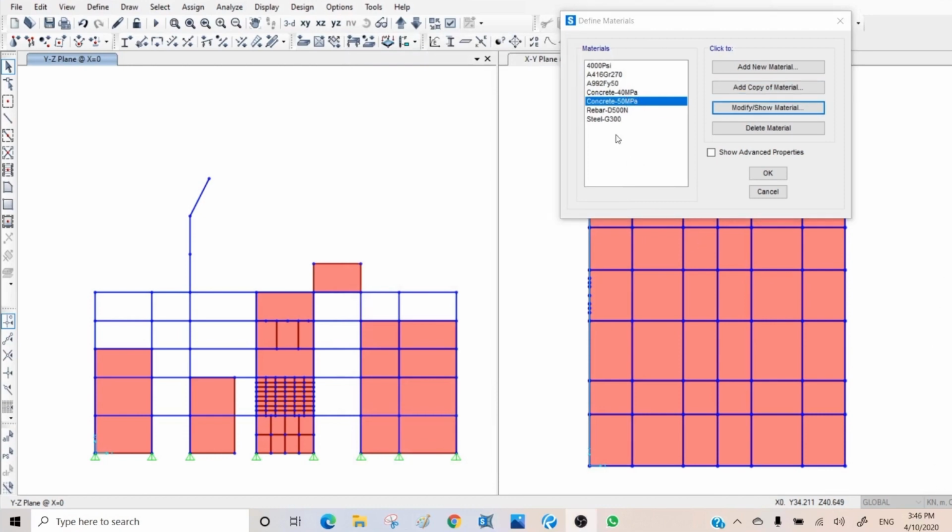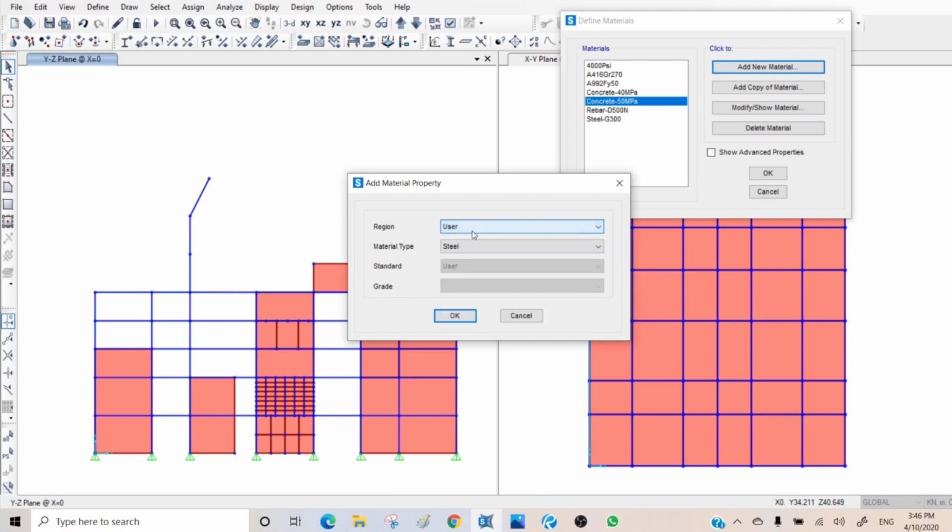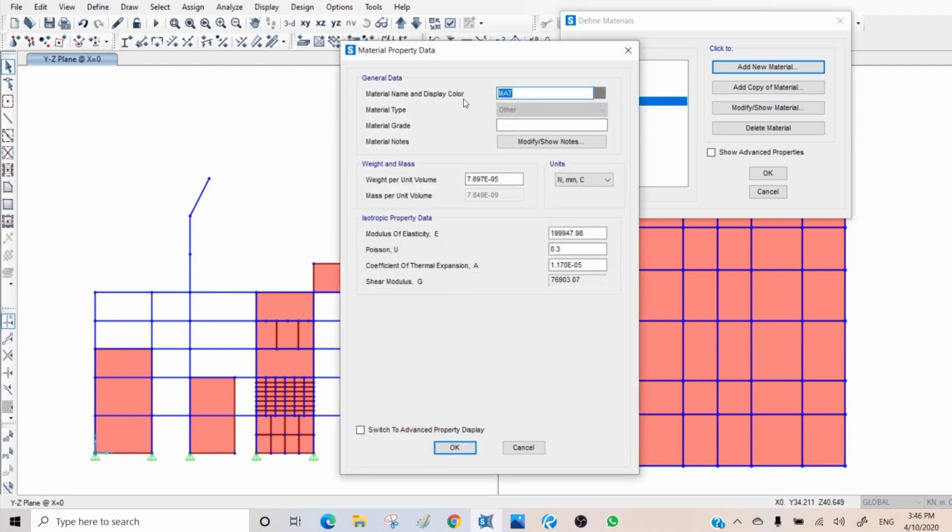The other material I want to show you how to create is masonry. So I'm coming here, add new material, and because the material is not defined here, you need to go for other, and then let's start here. For example, mention masonry. It could be block or brick with different grades. We just mention brick simply here, and I want to put, for example, the unit weight. So I'm more comfortable with kilogram force and meter. I'm coming here. The unit weight of that specific brick I'm using is 2000 kilogram per meter, and then I